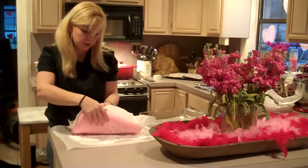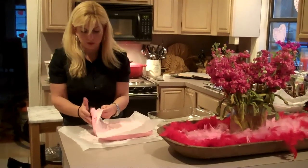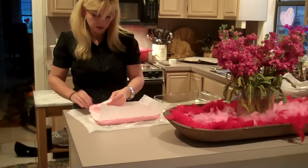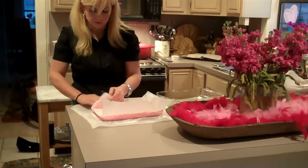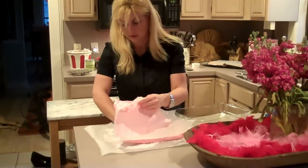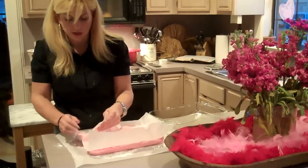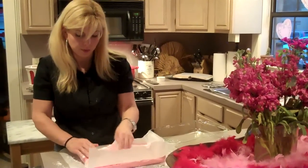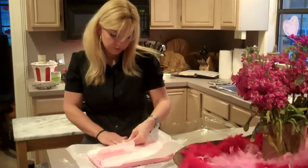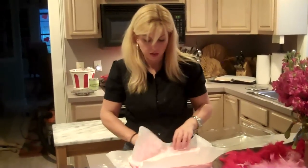And you're just going to take the parchment paper off. You might want to spray the parchment also. This isn't coming off as smoothly as it usually does. So anything that's sticky, you're just going to take the powdered sugar, and if you, like I said, spray the top of that parchment, it will come off a little easier. So as you take it off,